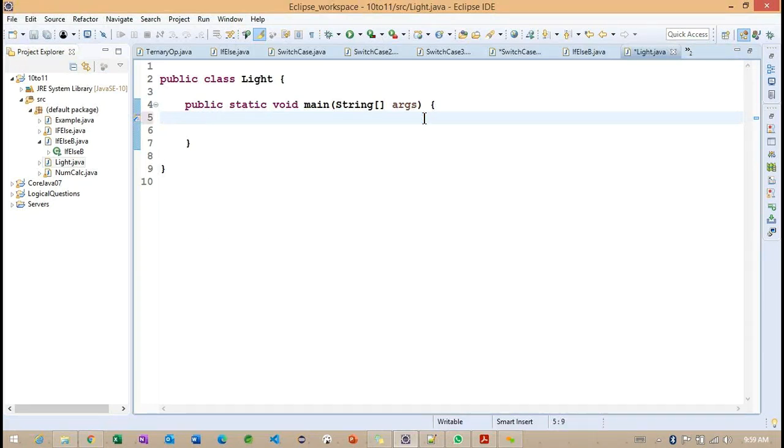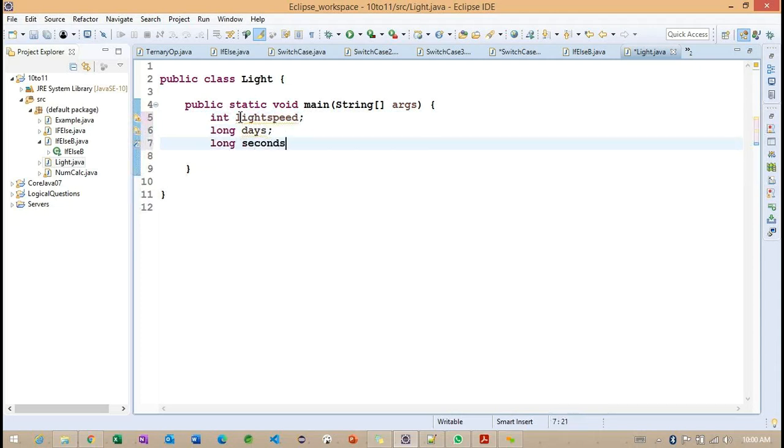Okay, and now we are in the main method. What data types am I defining here? One integer data type, and the name of the variable is lightspeed. Lightspeed I'm taking here, and after that, long days, getting the point, long seconds, and another one called long distance.